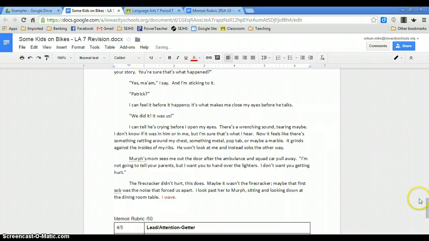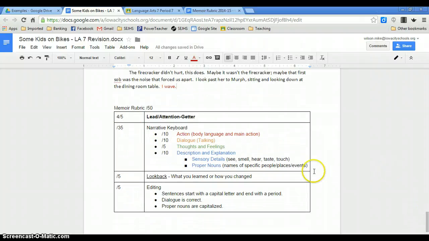All right, and that lets me know that you've gone through your memoir and made sure that you've included enough action. All right, so once I've gone through, and just like I did here, I've changed all my action parts to red, then I'm going to go through, and after I give myself a grade for action,